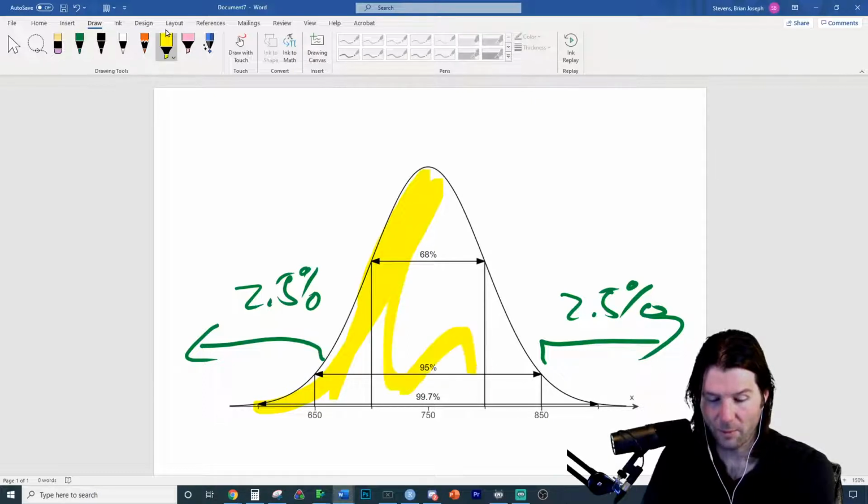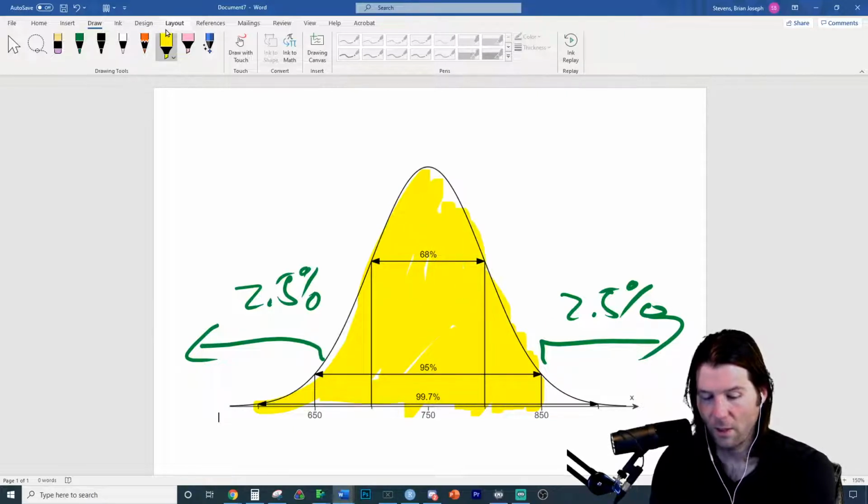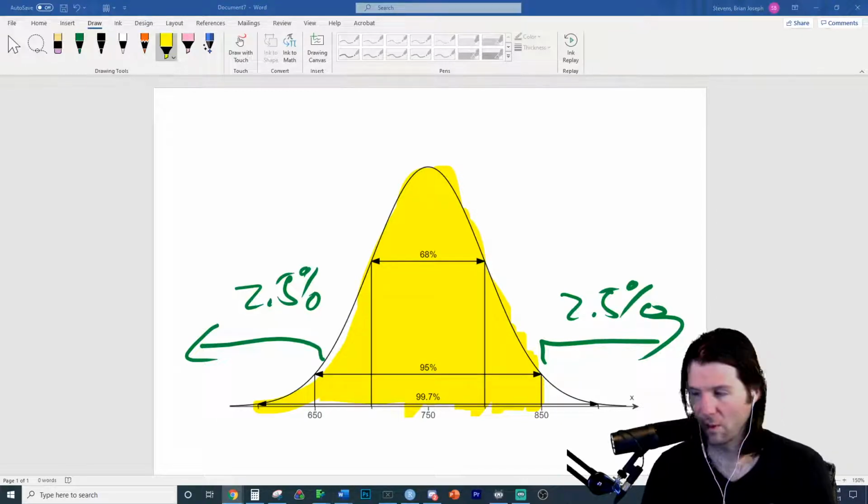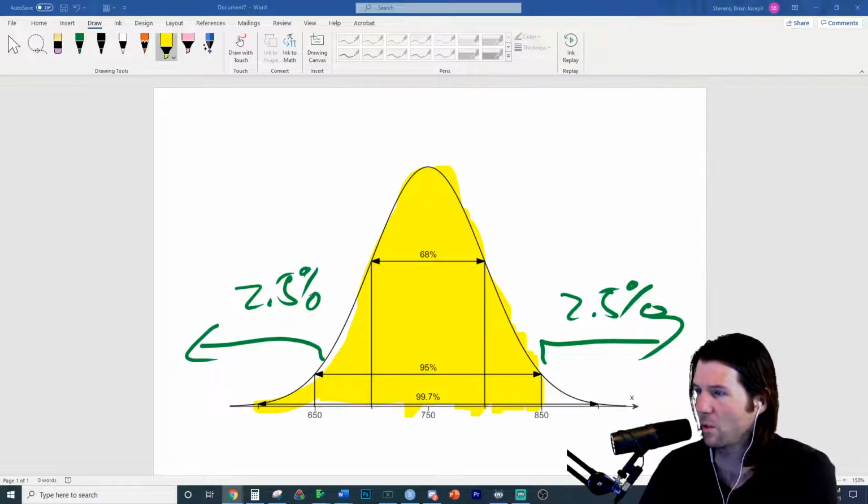Because we have the David M. Lane applet. On the test, you will very likely see pictures from the David M. Lane applet. You can use tables. You can use Z tables, but I would not suggest it. Z tables are basically the David M. Lane applet, but you have to look up the numbers. So the David M. Lane applet allows you to